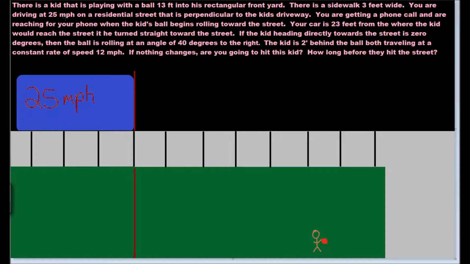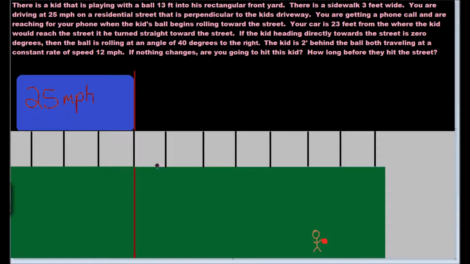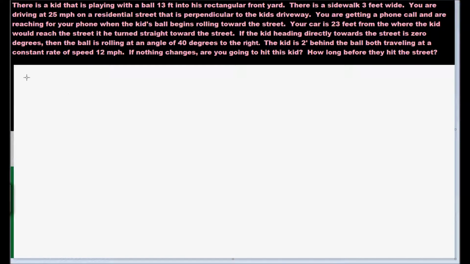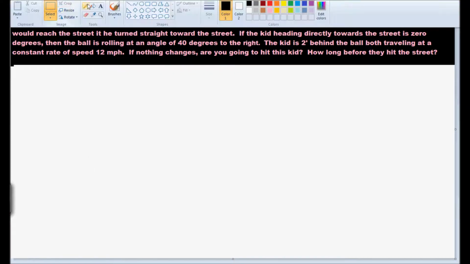There's a kid that is playing with a ball 13 feet into his rectangular front yard. There's a sidewalk 3 feet wide. You're driving at 25 miles per hour on a residential street that is perpendicular to the kid's driveway. You are getting a phone call and are reaching for that phone when the kid's ball begins rolling towards the